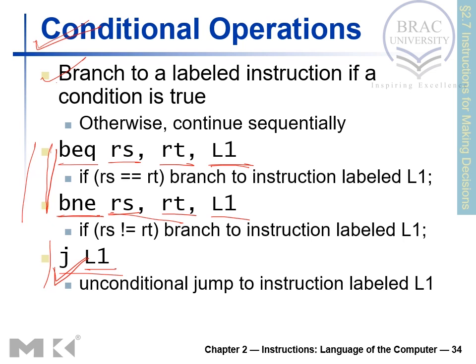This is unconditional. So remember that when we are talking about branch, this is conditional. We have conditions. See, these are conditions. We need to satisfy this condition to go to this label 1. But in the case of jump, no condition is required. You write jump and then you give a label. The pointer will go to that label.